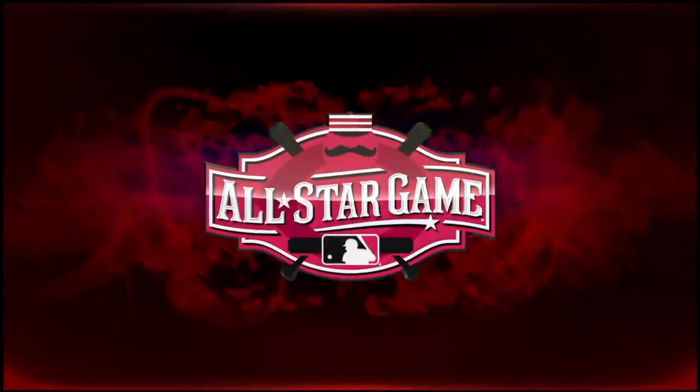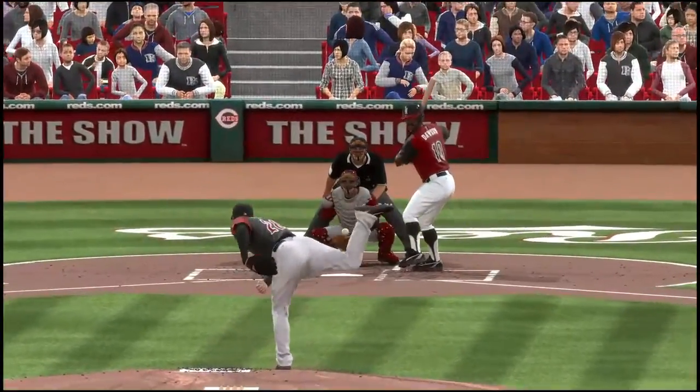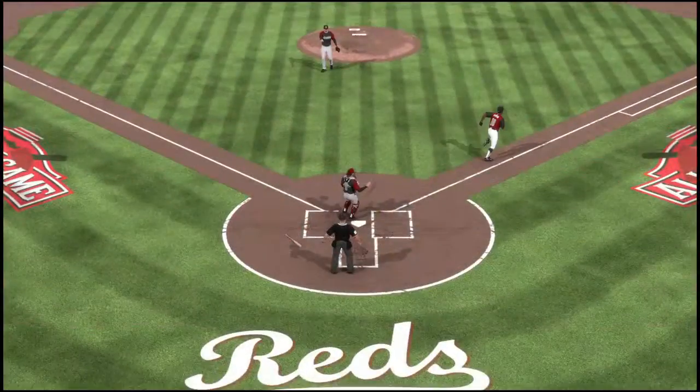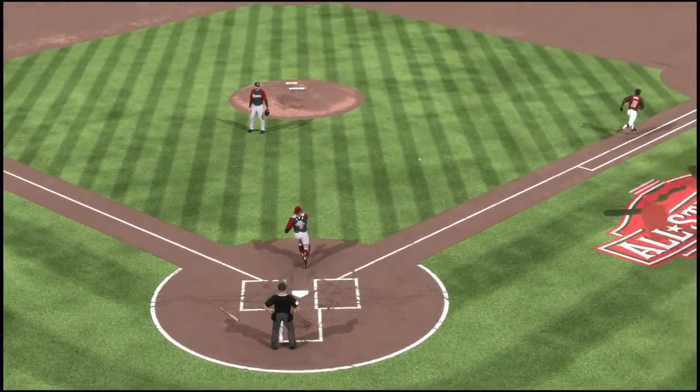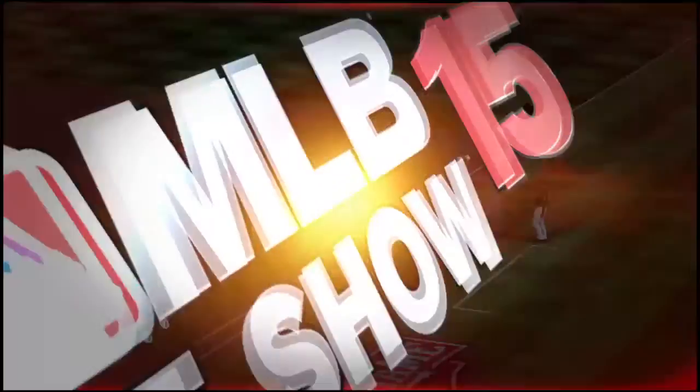Yeah, a nice job behind the plate. He wants it low, so he's got a good idea that this ball might be in the dirt, so he's able to smother it and then make the strong throw to first.